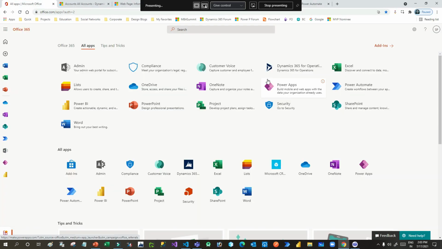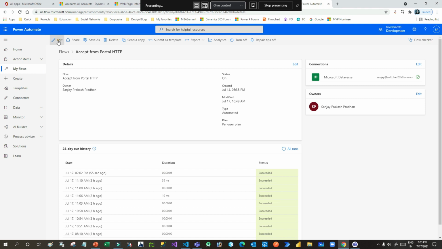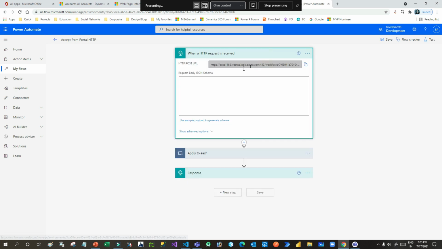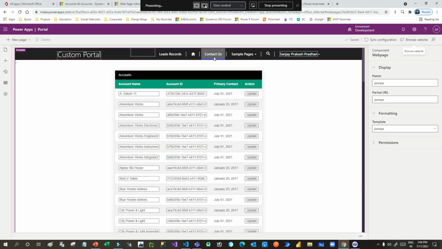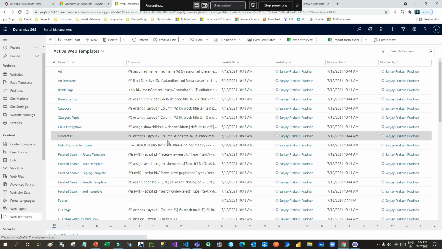Okay. Now you can also change your table for other field updates. I have just displayed how account name is operated. You can have multiple fields also, right? So the simple thing is create your Power Automate flow using an HTTP request trigger and HTTP response. Then you have to generate the URL. Then you have to write something in your web template to call that Power Automate flow using the URL, right?